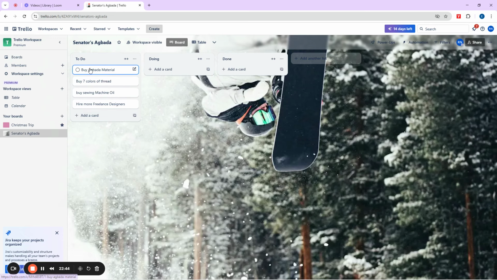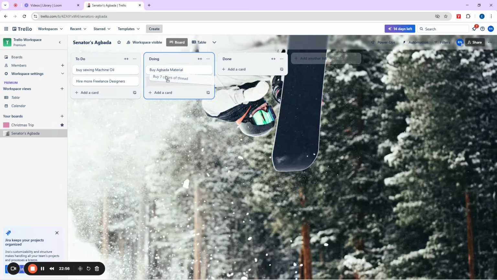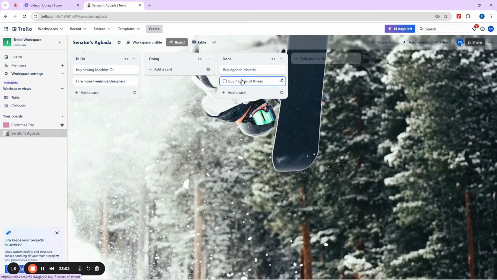Okay, when you're done, what do you do? Simply drag it here and just drag it there. How do you drag? If you're on a laptop, touch this one and then left click on your mouse, then hold your left click button and drag it by moving your mouse down here. You can even move this one and then put it here. The same thing applies.